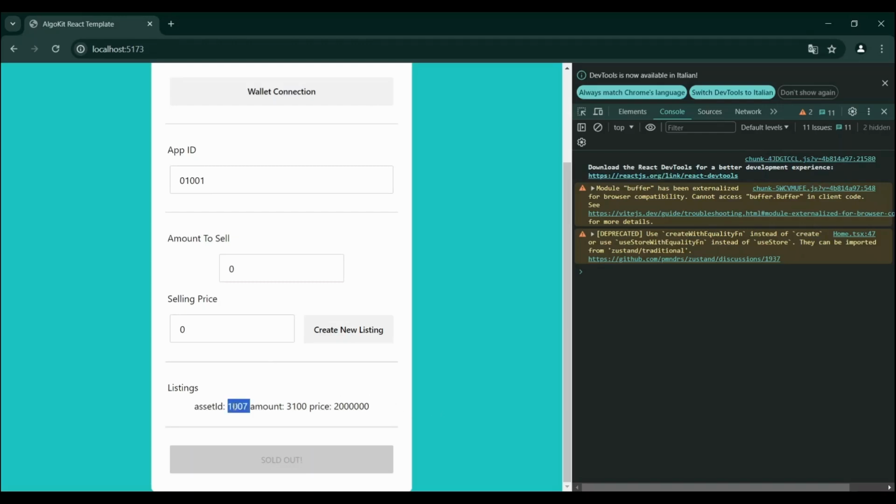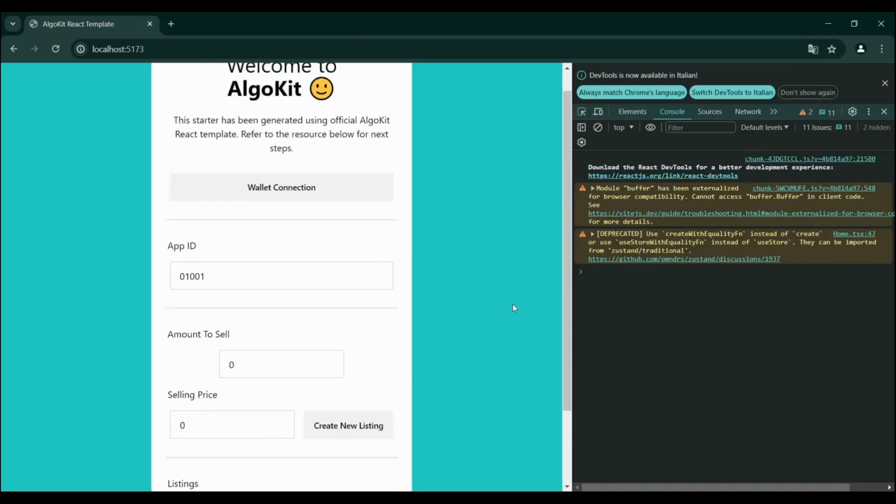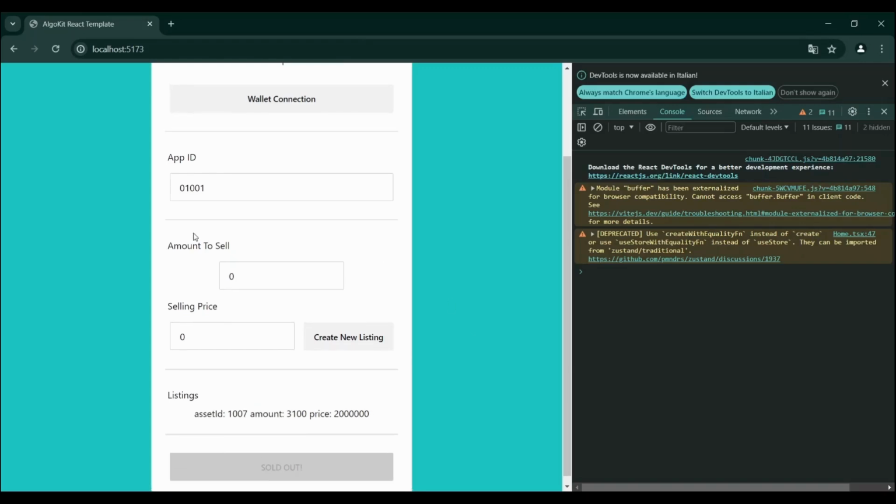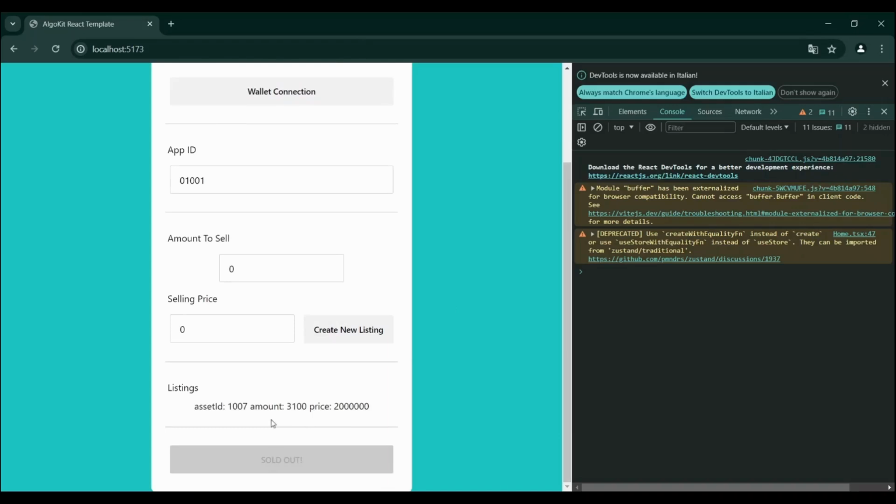So we can see that the asset ID is 1007, and we can see that the deposited amount is what we said, and the price is 2 algos. So this confirms that we wrote the query function for the listings correctly, and we can create new listings. And so I think that we are going to work on the buy form in the next recording,